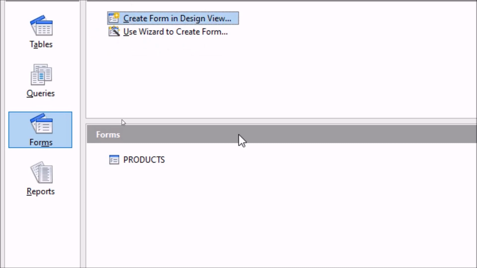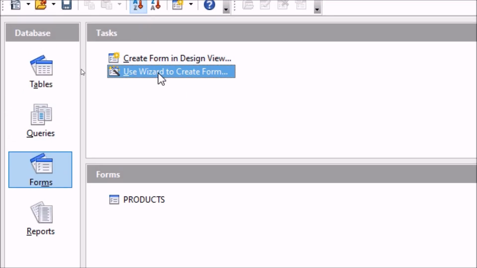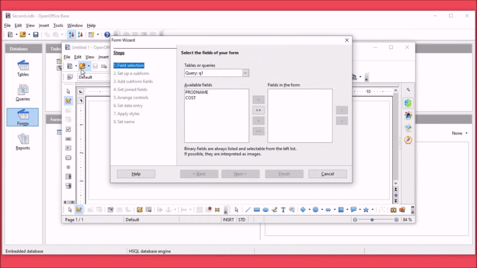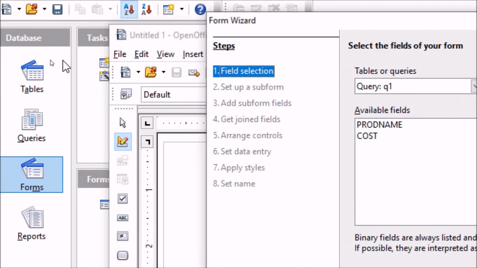So for doing so, we are going to click on this option, use wizard to create form. Basically what are wizards? Wizards are a certain set of instructions that will appear one by one on the screen, and you have to just select the options from the windows available over here. There are certain steps inside the wizard that you have to follow. So one by one a window will appear corresponding to the steps listed over here, and you have to select the options accordingly, following the instructions provided on each window, and at last you are going to get your complete form over there.